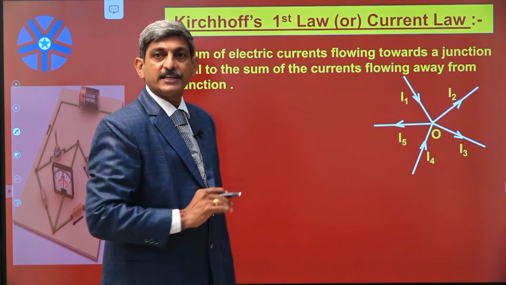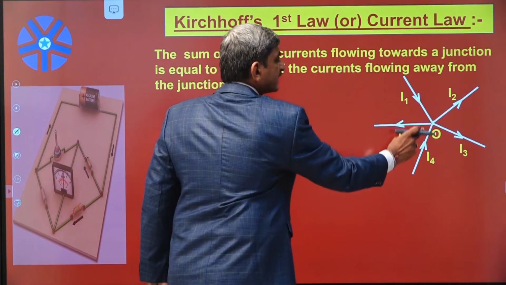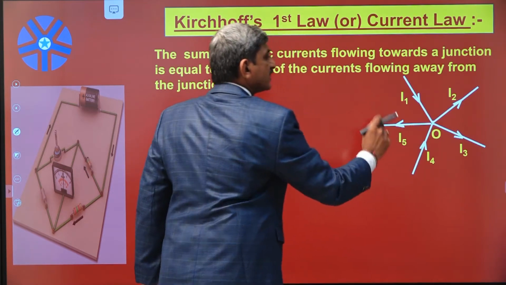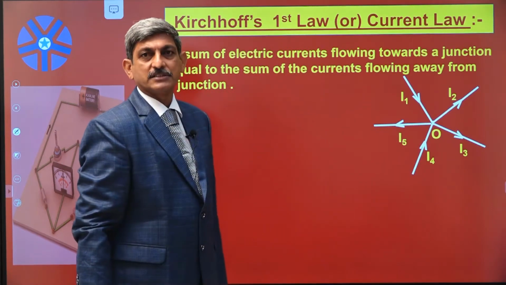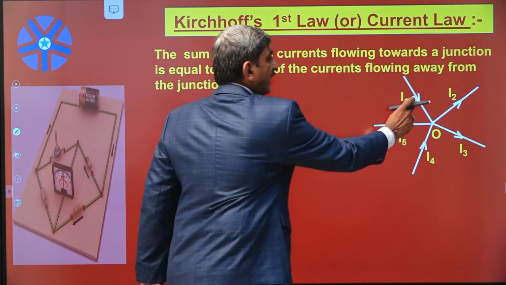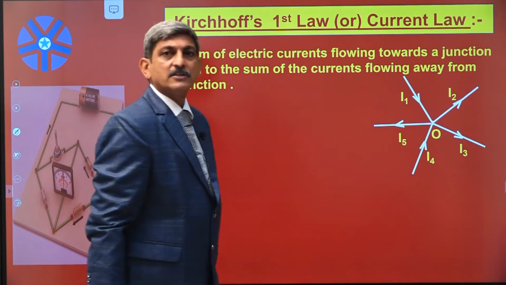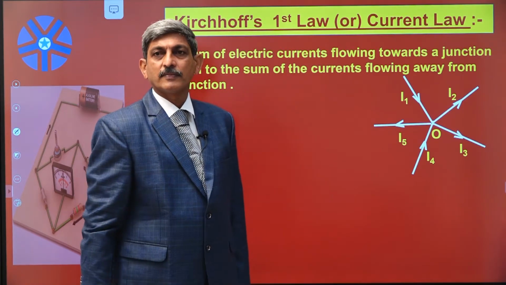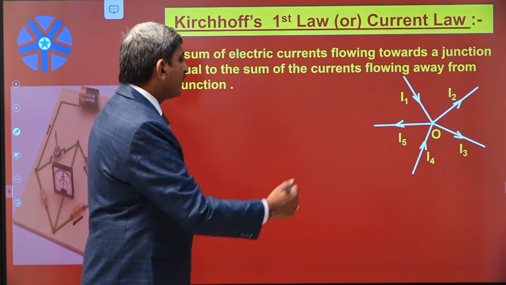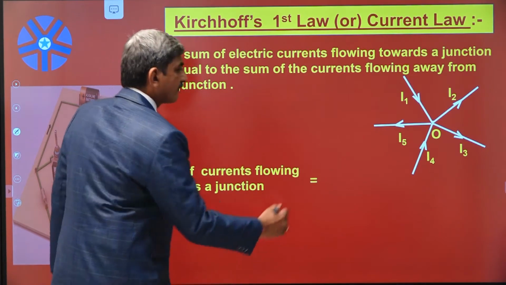See, of those 5 currents, 2 currents are passing towards the junction and 3 currents are passing away from the junction. Here, what are the currents passing towards the junction? I1 and I4 are passing towards the junction. So, the sum of the currents flowing towards the junction is given by